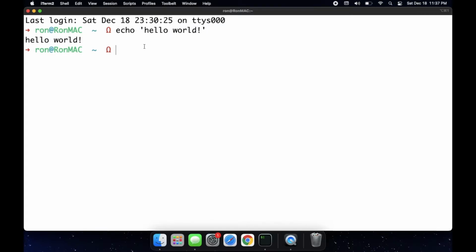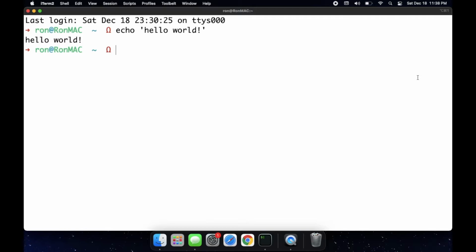Now there are more complex commands, and the reason I bring any of this up to you guys is that Python, just like echo, is a command that you can run on the command line. And I want you guys to know that it's very simple to run Python code. Unlike echo, Python will take in a file name, and what it does is it'll check that the file has Python code in it. If it doesn't, it'll crash, but if it does, it will look at that Python code and then it'll execute it. So that's why I bring up this terminal and these commands.